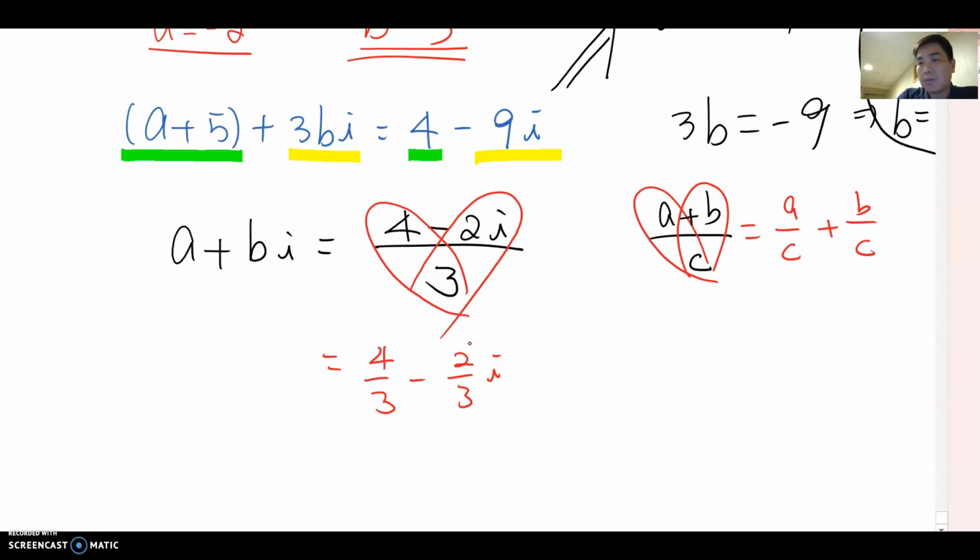Now it became simple. Then a must be equal to 4 over 3, and b must be equal to negative 2/3, because a is a real term, 4/3 is a real term, b is an imaginary term, and minus 2/3 is also an imaginary term. Okay,